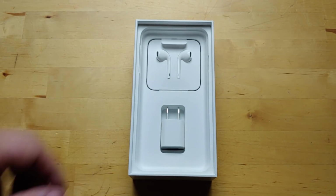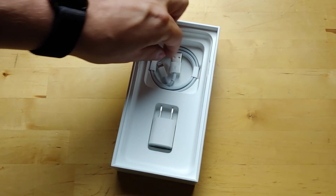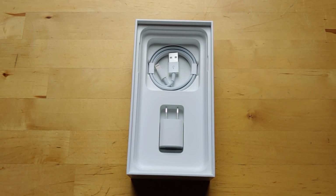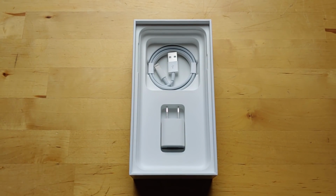Inside of the device, this is kind of a joke if you ask me, but we have the Lightning earpods. We have a USB Type A to Lightning adapter and a 5-watt USB Type A adapter. So the problem with this is that ever since the iPhone 8/8 Plus/X, all of these new iPhones have supported fast charging. The issue there is that this charger doesn't support fast charging. So what you need for fast charging, you need the 29-watt USB-C adapter, and then you need a Type-C to Lightning cable. So you need to replace both of these to get fast charging, and that'll cost you about $74